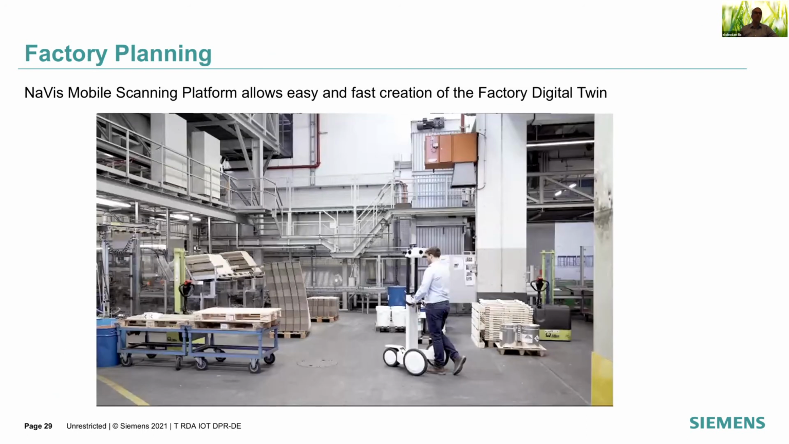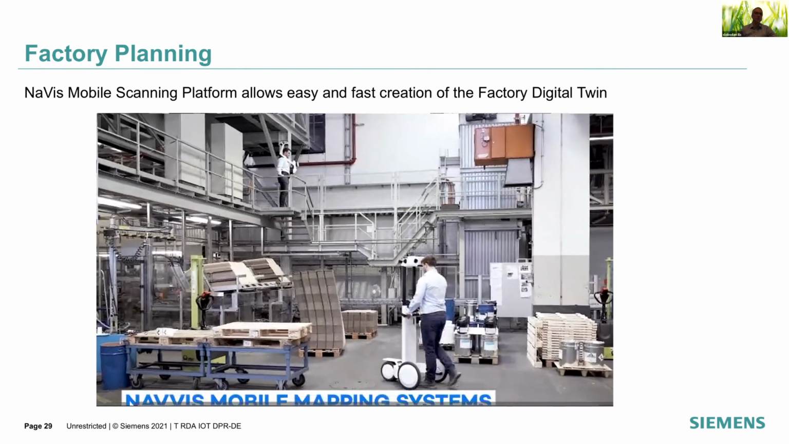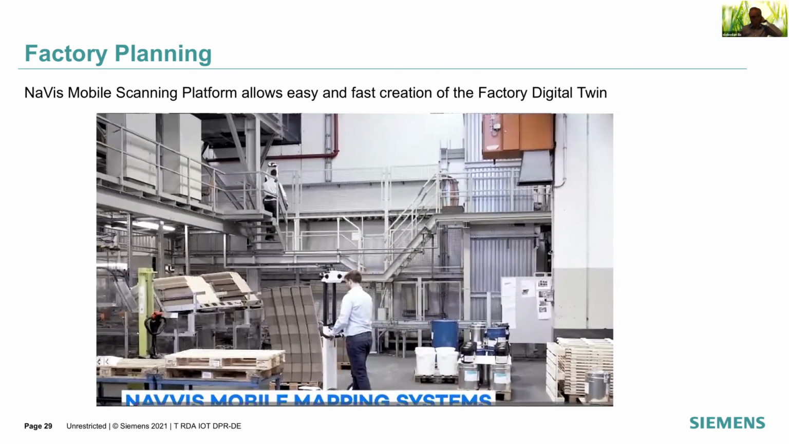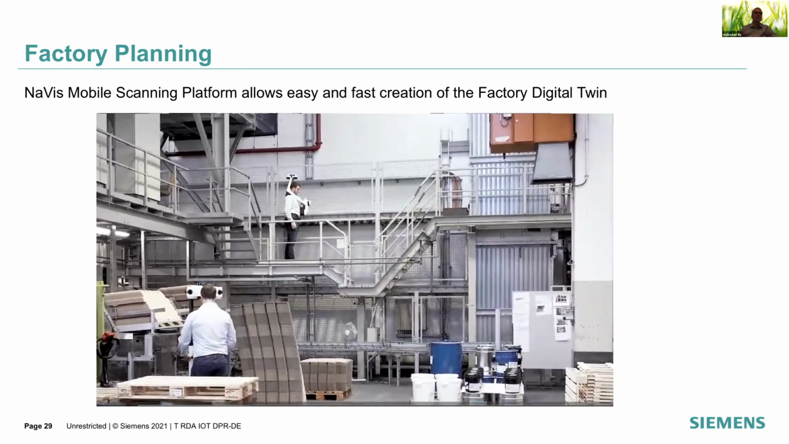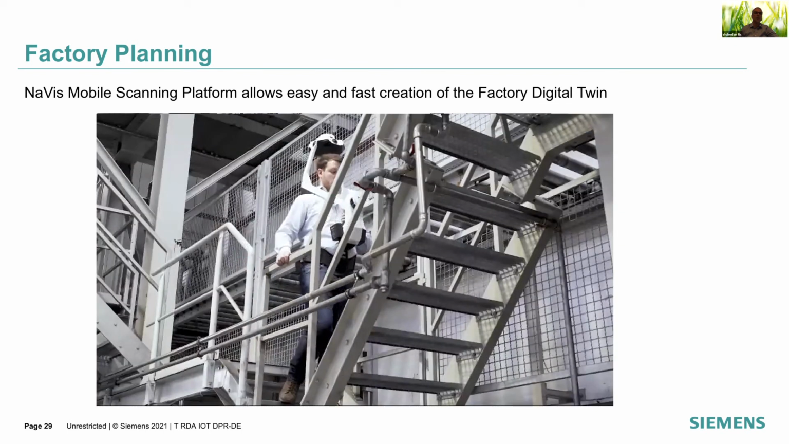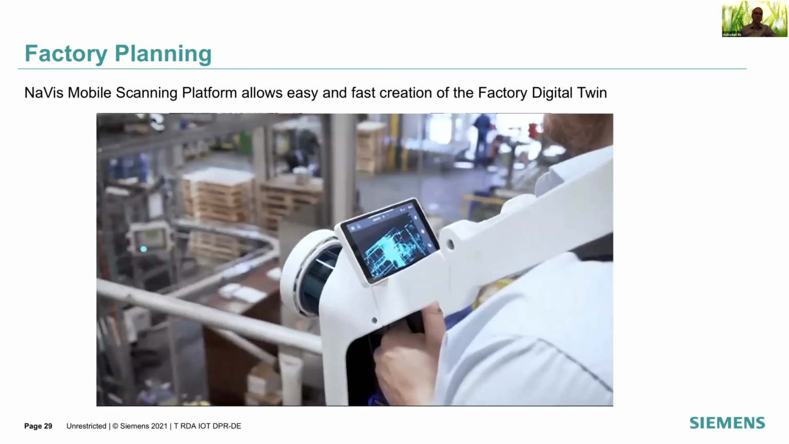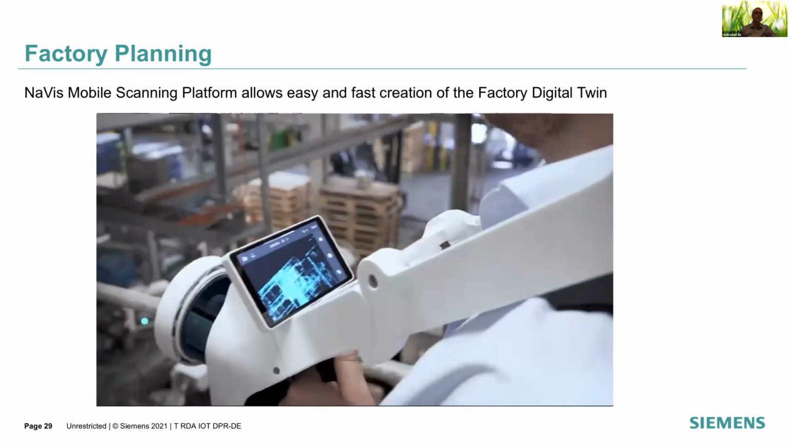For the next use case, the factory planning, I just want to show the two scanners of the Navis. There is this trolley, and there is another mobile scanner, which is mounted. It's user-centric, and it is actually used to scan the parts of the factories that are not easily accessible by the trolleys, like